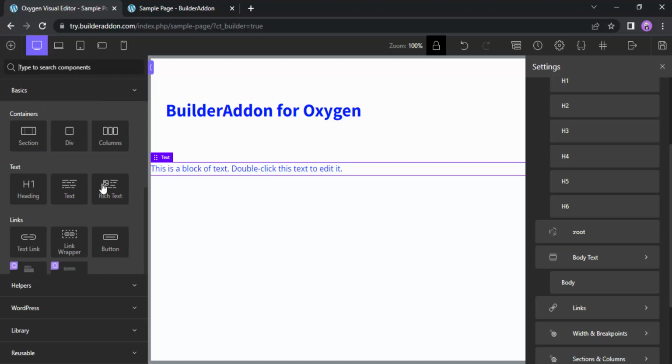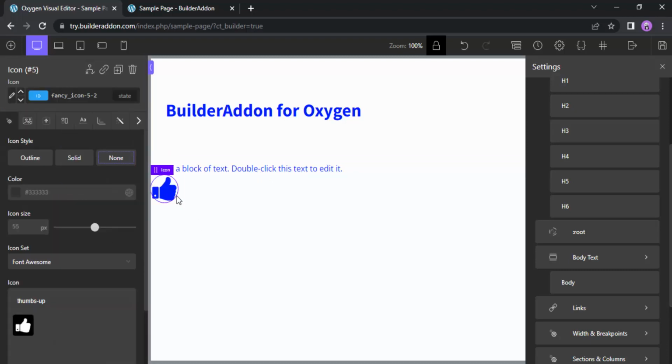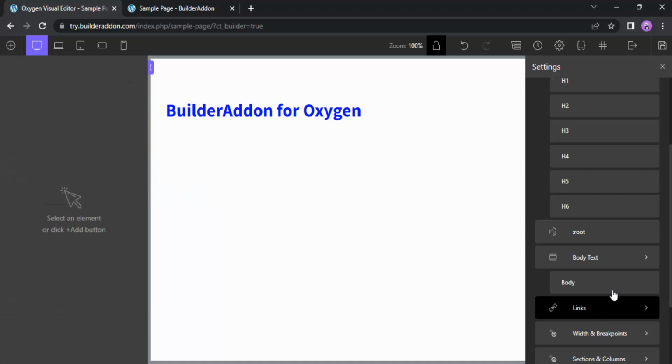If I add some icon, then you will see that this icon also has the same blue color. So all the elements on your site will inherit any value you put in the body selector. I'll remove the icon and the text and then go back to the body selector